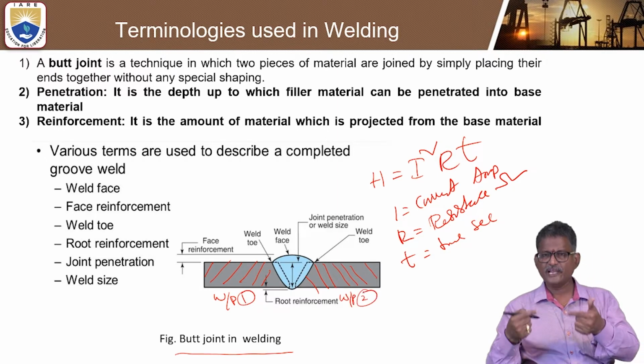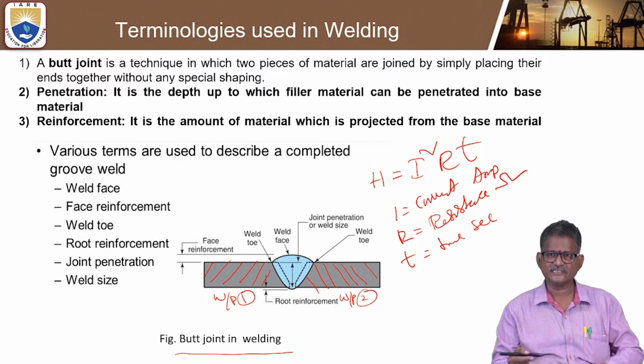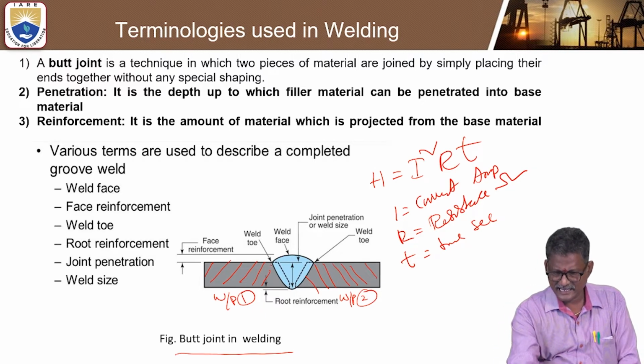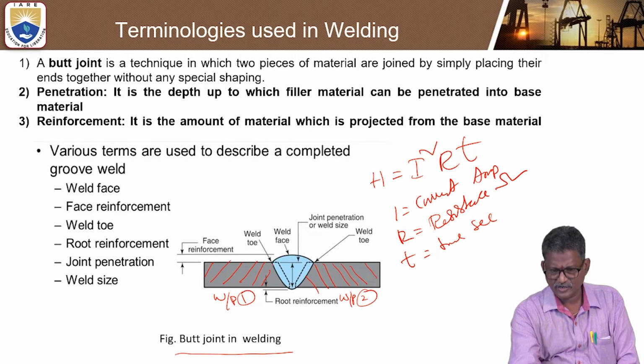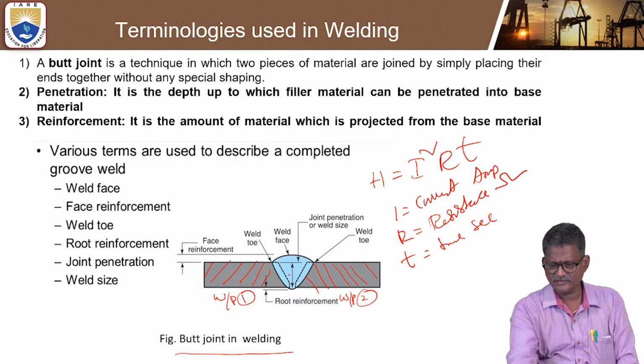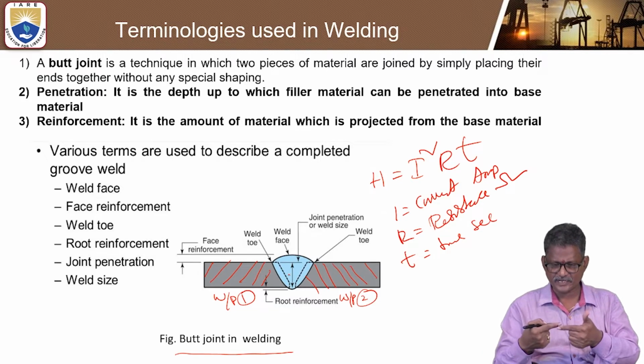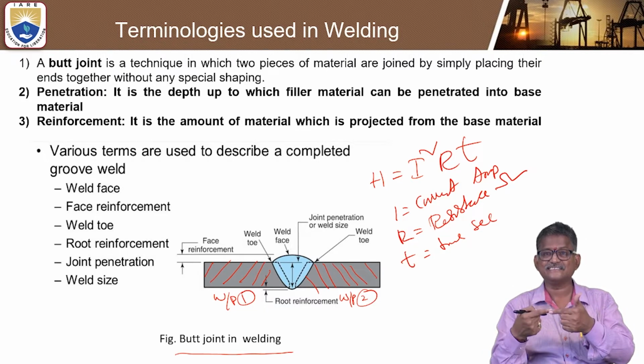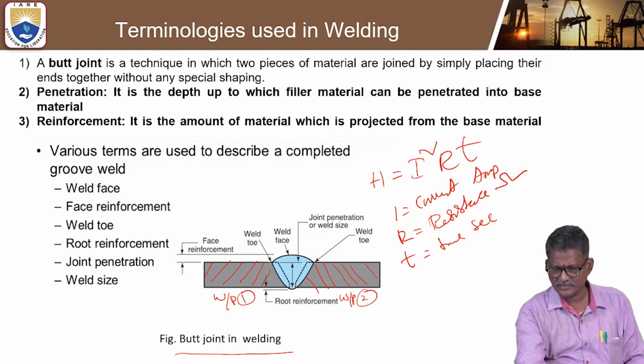Both elements can be joined together. Here is a diagrammatic representation. Weld toe, and this is called the weld face, and the joint penetration, exactly in this horizontal line, shows the joint penetration or weld size, and this at the end